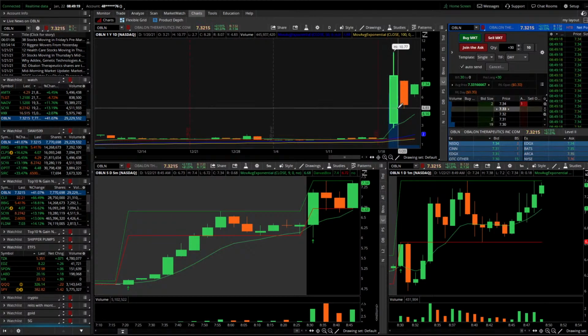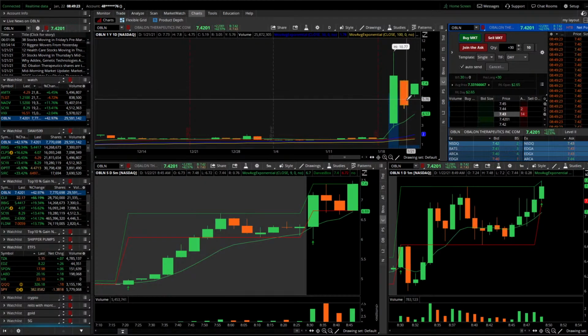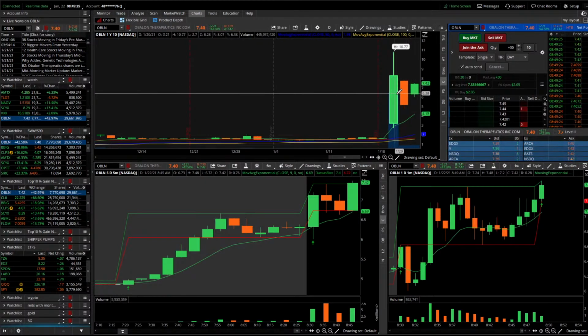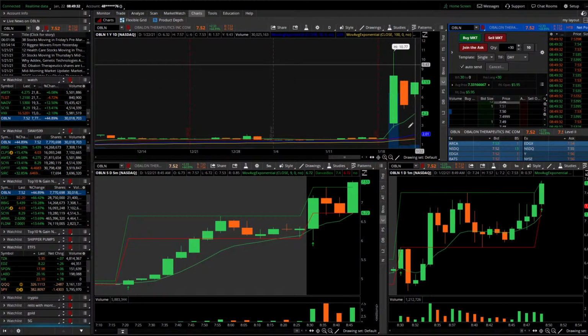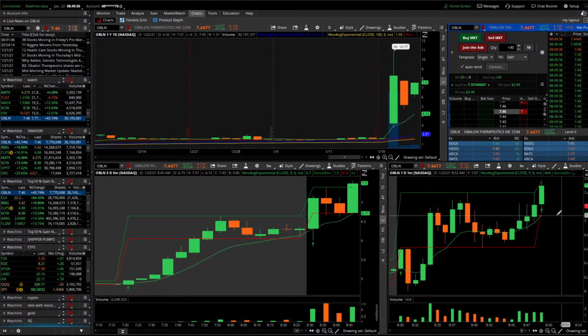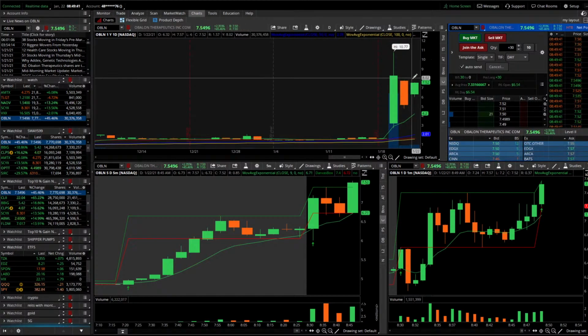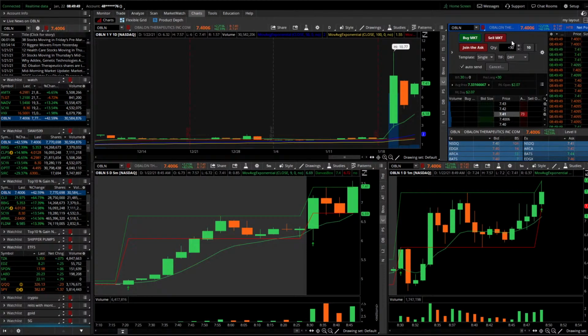But a lot of times when you have a big green candle on the daily and then a little red candle that pulls back midway the day after, then on the third day you usually get a nice continuation pattern. You can see this is already breaking up out of this U shape buying signal there on the 1 minute on the Darvas box. So let's see what we got here. 778. 780 is some resistance. Right now 750 is holding up as some resistance, but